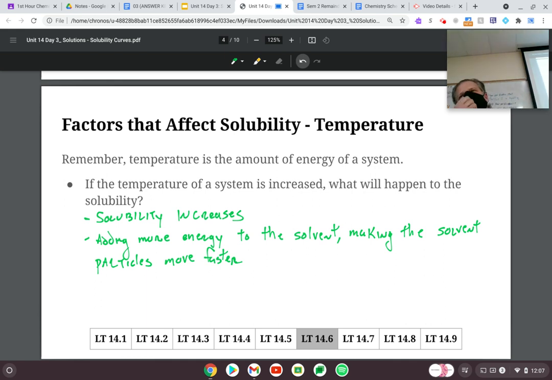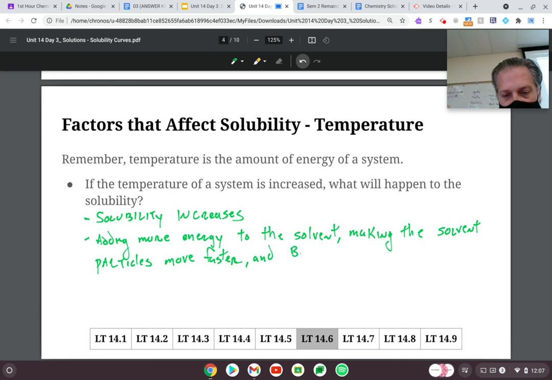Think about it like this: if I take my water and sugar and increase the temperature of my water, the water molecules are going to be moving faster. When they move faster, they're going to collide with the container walls, but they're also going to collide with the sugar more. By doing that, it creates an opportunity for the intermolecular forces of attraction to be overcome, which means it will dissolve. So adding more energy to the solvent makes the solvent particles move faster, and